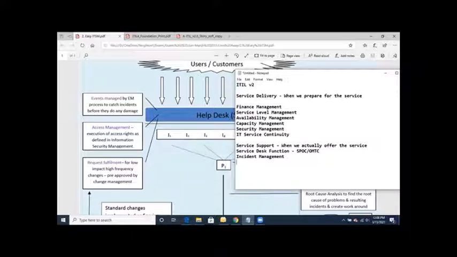Incident priority is decided based on how much the impact is, how much is going to be the impact on the business, and how urgent it is. For example, a phone ringing may be just a wrong number, but it is urgent to pick it up, because if you do not pick up the phone, it will be gone. So you will not know whether it was a wrong number or an important call. So some things are urgent, but some things have huge impact. If something is urgent, obviously the priority will be higher. And if something is not urgent, but the impact is very high, then you may not have